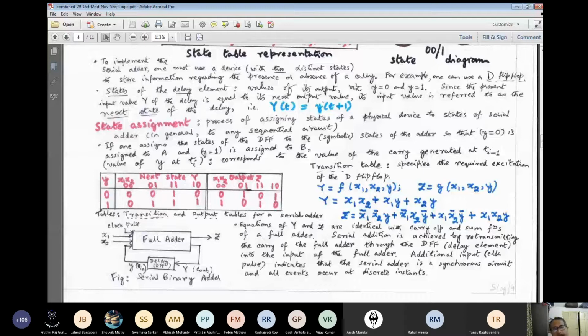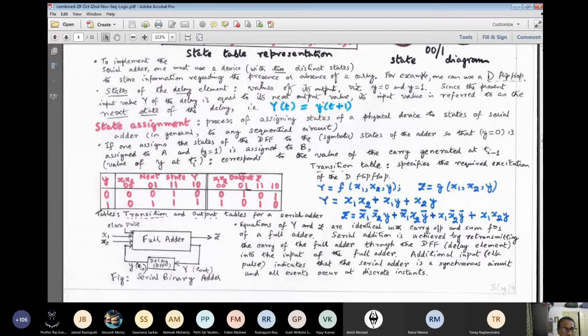We are normally accustomed to dealing with the normal outputs, that means Q, unless otherwise specified. So this much I believe we studied in the last class. I believe that there is not much doubt. Even if you have doubts, you can ask me, no problem. Now today we'll discuss first of all the memory elements.